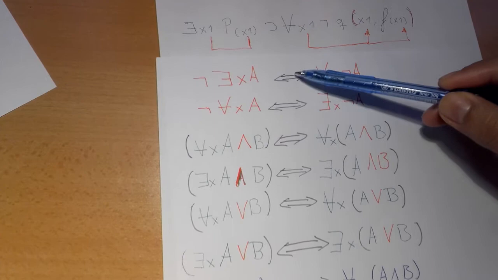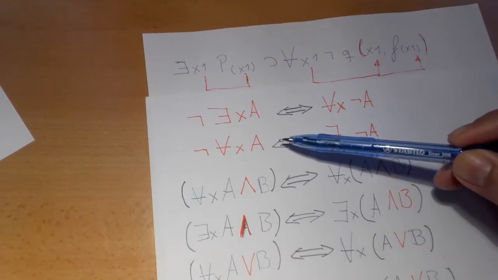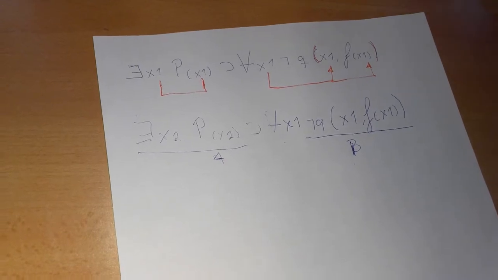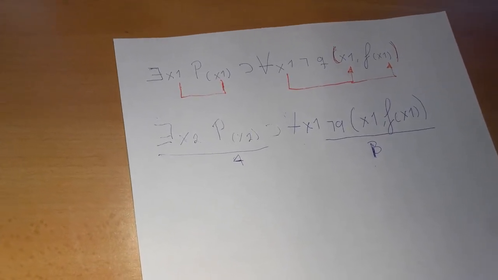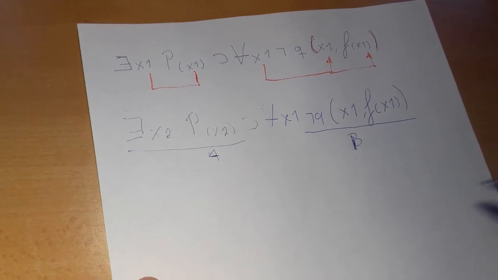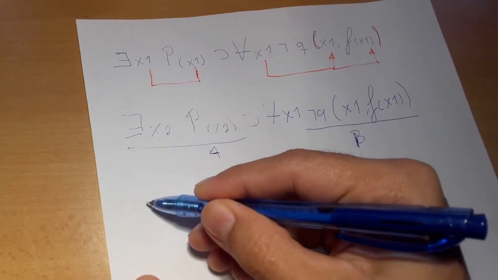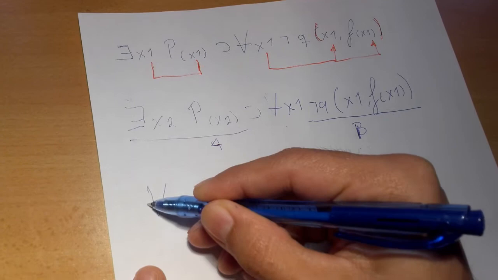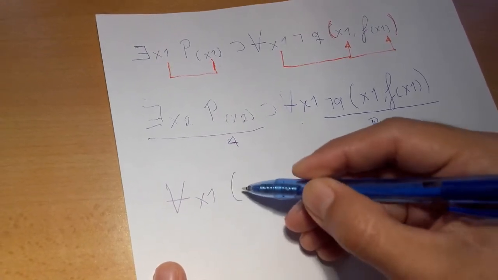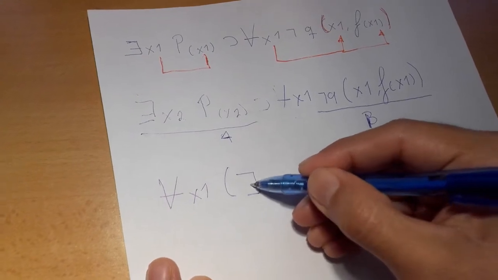For example, if I wanted to take out the existential, there is going to be some changes in x1. So I apply the formula, which says all x1 is now the existential